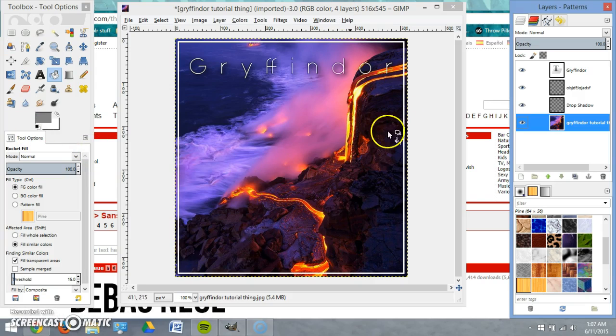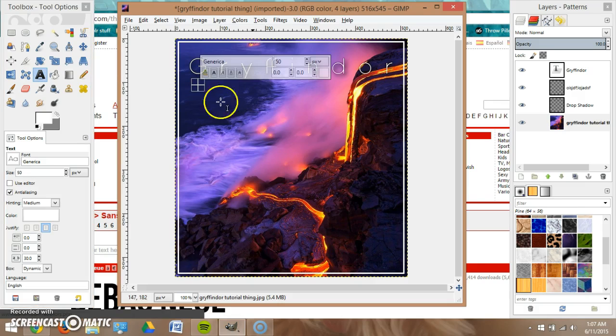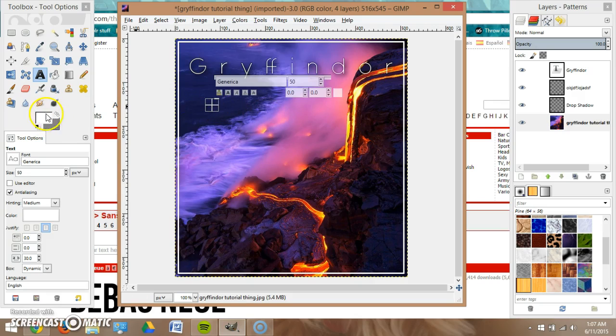Okay, so the next thing I'm going to do is I'm basically just going to add more text. I'm not going to explain it as much this time, although I will explain how I'm doing it. So what Amy requested for me to do was she wanted me to do something that I had done in another edit, and I'm just redoing this completely over instead of just showing you the image and trying to explain it. So as you can see, I've turned it back to white,